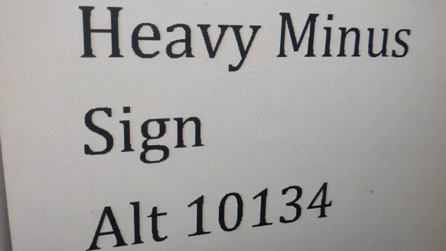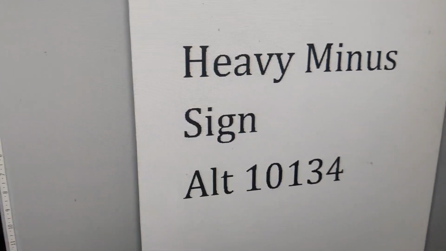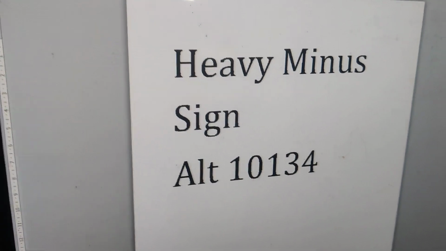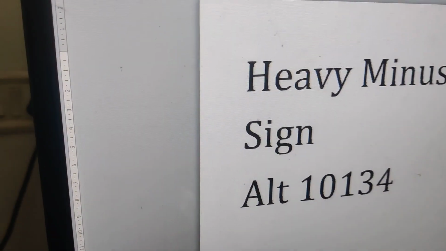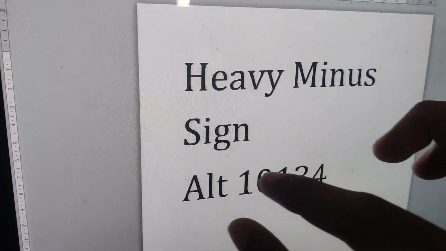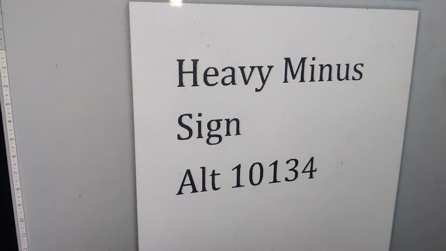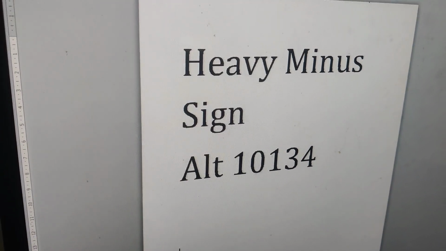In this video we discuss how to use a keyboard shortcut for creating a heavy minus sign on your Windows computer. For doing this you must open your Microsoft Word. After opening the MS Word document you can follow this keyboard shortcut, Alt 10134, for creating a heavy minus